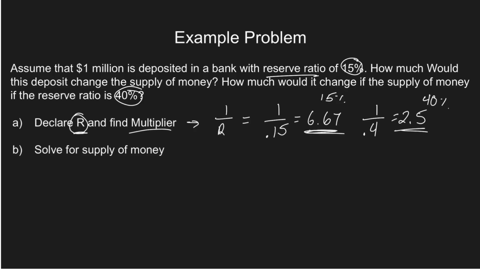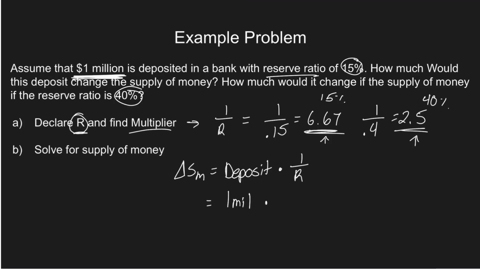So now we have to solve for how much the supply of money would change. And for the supply of money, this is actually really easy to find. All you have to do is: the change in the supply of money equals a deposit times the rate that you just found, so 1 over R. We already know this. It's either the 6.67 or the 2.5, so we're going to plug both of those in. And our deposit is the constant of 1 million that's being deposited. So 1 million